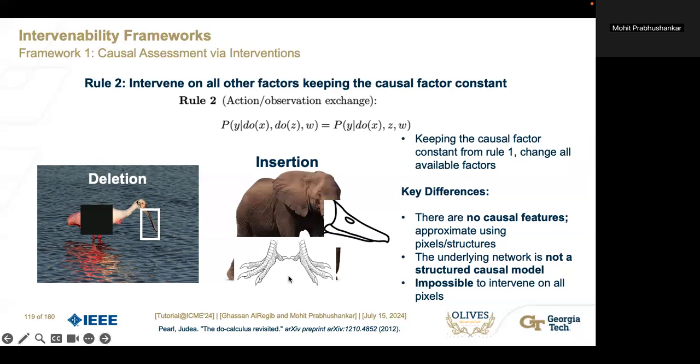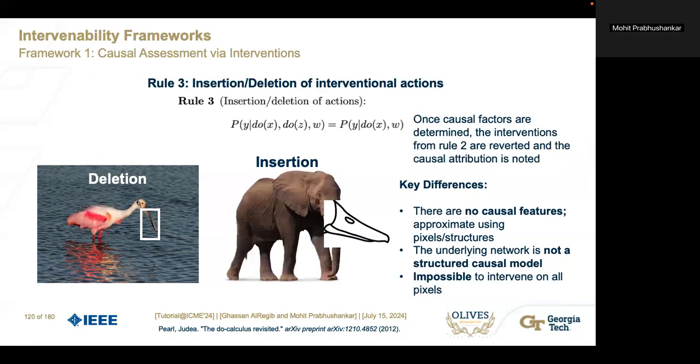So maybe I'm just beating a dead horse in this case, because if rule one we cannot perform, rule two again is not something we can perform. Same thing in rule three as well. Now we need to move away from the beak and look at different factors and so on. So all these three rules have to be satisfied in order for us to say that a certain intervention is a good intervention, or something that we can analyze. And it's not possible to do this kind of an intervenability